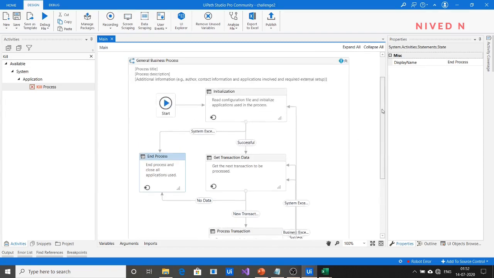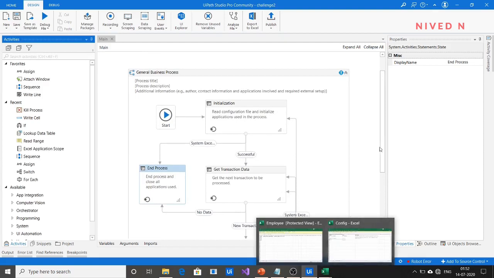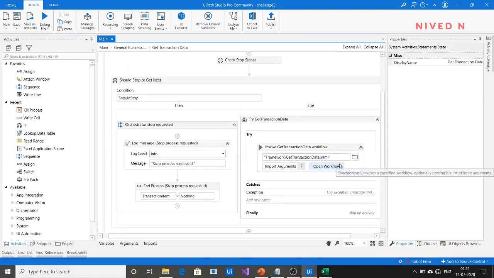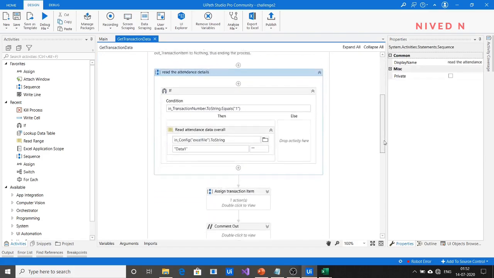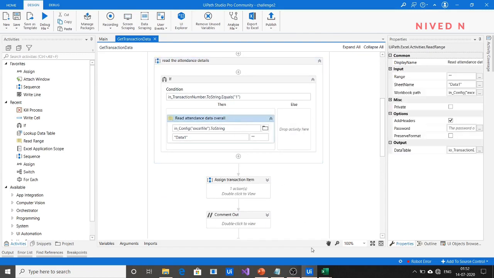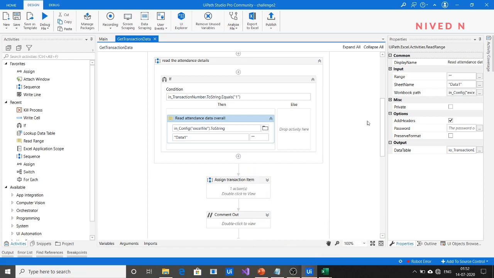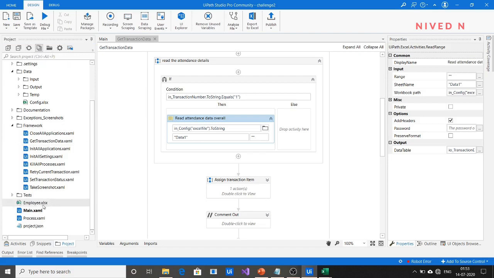So I think we have completed all the work sections. You can check for any errors before running the workflow. Just check whether the file name, employee.xlsx, is being provided here.